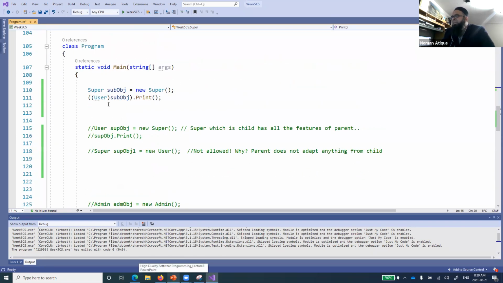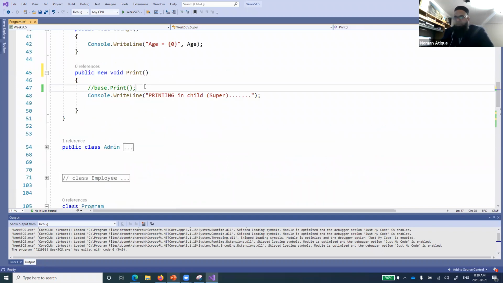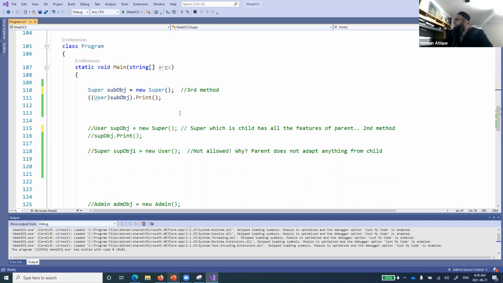So now everyone understands that this is one method, this is the other method, and this one I can call the third method, right? And this one is the second method. I'm just mentioning it over here so that in the notes you have that second method, and the other is again where we have used this base method. So I can call it the first method of accessing the parent method, the parent function. So this is the first method. We have discussed these three methods of accessing that.